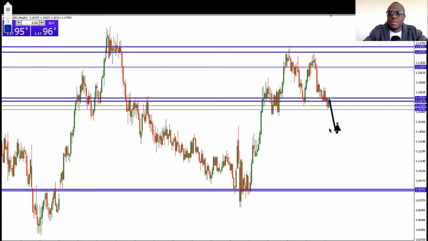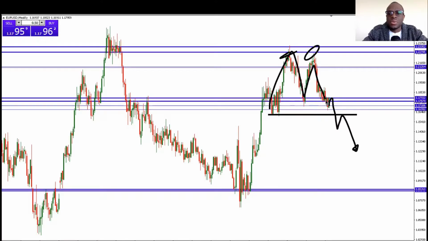But from my own perspective, what I want to see is the price break this low. So if this reversal comes and breaks this low, retests it, then it will be probable that the price will be moving to the downside. Also to note on the downside movement is that we have an M pattern here. So apparently the price has broken the neckline of the M pattern, and now it's retesting it again as a resistance area. So once this holds as a resistance area, we'll be expecting that downward push to come and break this level and then retest before moving all the way to the downside, probably aiming for